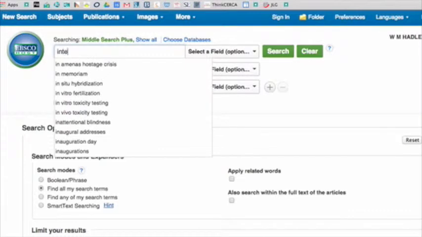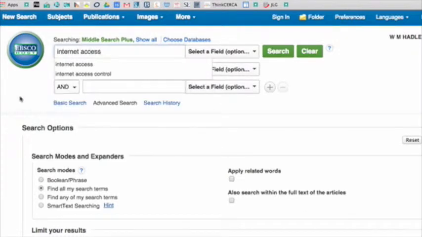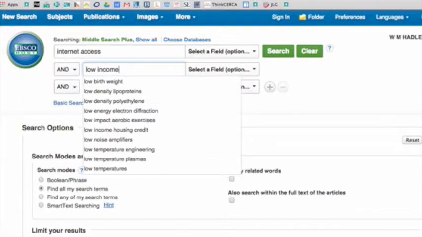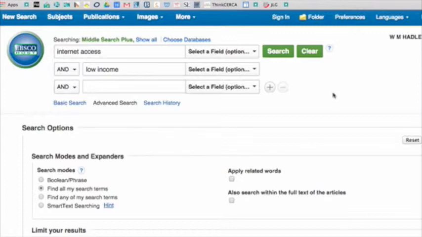So we are looking at internet access. That's one part of it. Now over here we have our Boolean operators. For this one I'm going to choose AND. And since the problem is, or one of the problems is, people who are coming from low-income households who can't afford internet access in their home, that is something that is being examined and identified as potentially a problem. So a way to word that is to use the phrase low income. So now I am searching two sort of different ideas, but I'm connecting them with the word AND, which should help in my search. So now when I click search,